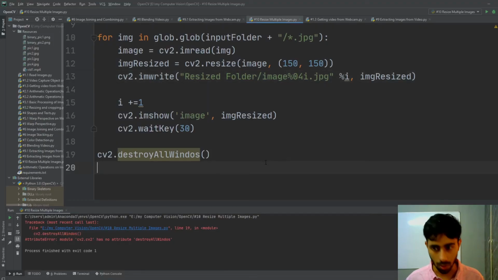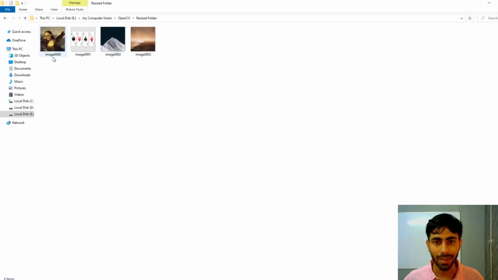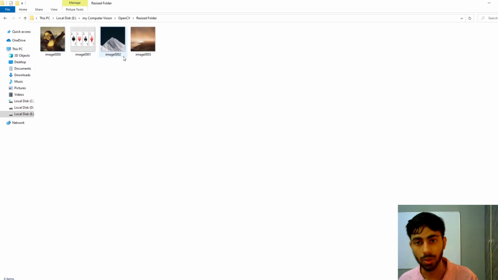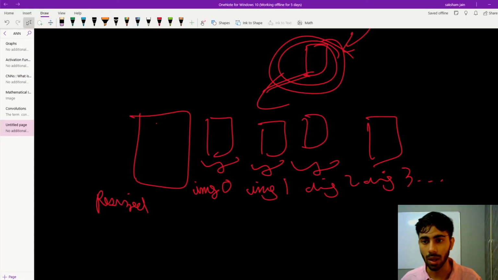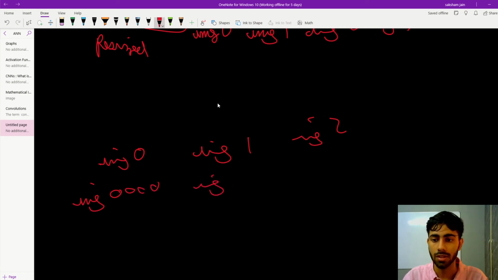Now if I run the code, Ctrl Shift and F10, you can see that my new folder has been created, and now the names of my images are image 0000, image 0001, image 0002, image 0003. So earlier the names of my images were image 0, image 1, image 2, but now the names of my image files are image 0000, image 0001, and image 0002, and so on.